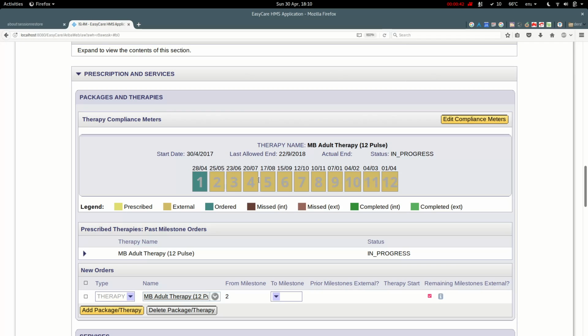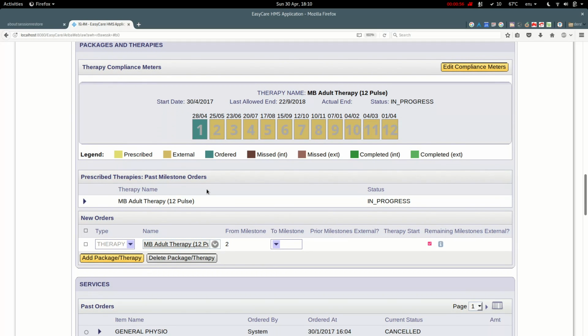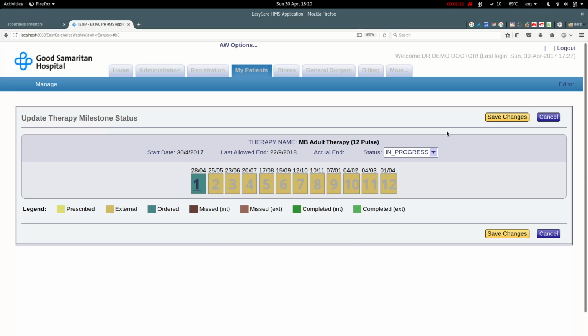We did some updates from the back end to create this scenario, so the dates here reflect what the record will look like a month down the line. So the first thing the doctor will need to do is update the therapy compliance meter with regards to the first pulse. At the top right here, you'd see the button that says edit compliance meters. So click that, and you would see that all the pulses that have been completed and that are due for